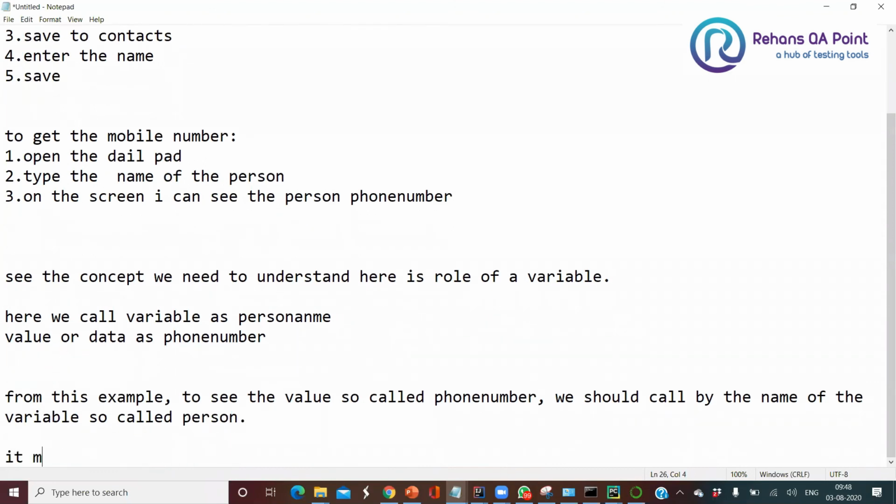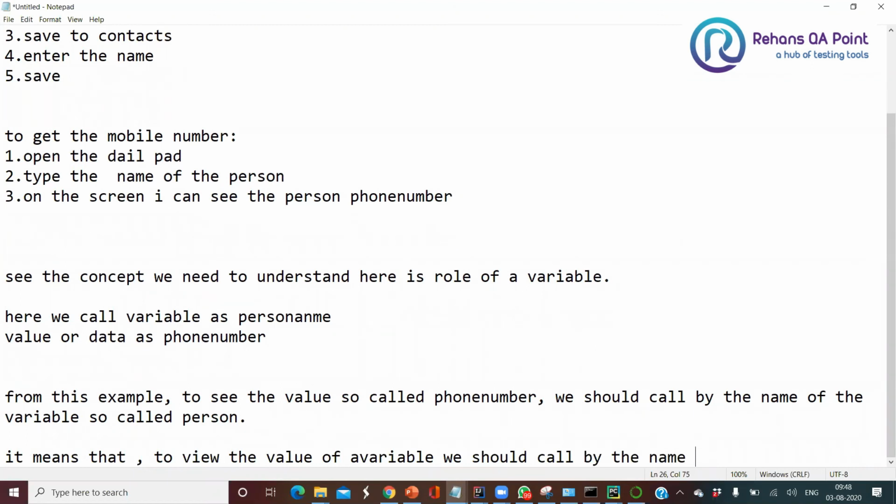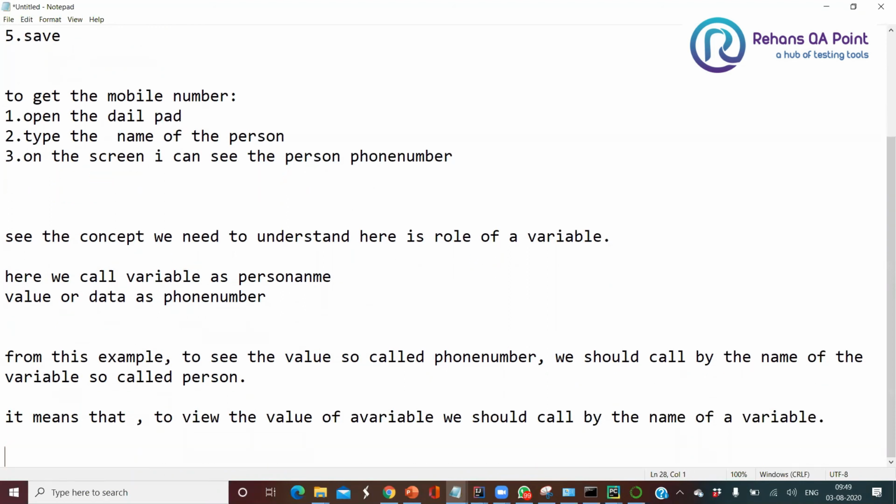Okay, it means that to view the value of a variable, we should call by the name of the variable. We should view by the name of the variable only.